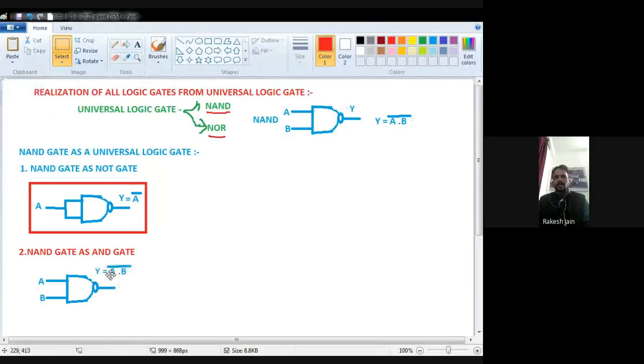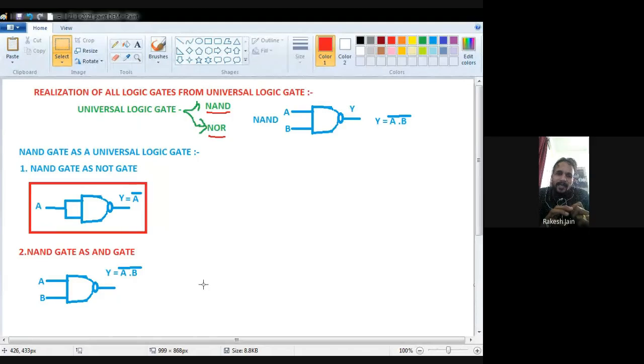Okay. Now what is the difference between a NAND gate and an AND gate? We know that the AND gate is the opposite of the NAND gate. In the NAND gate a bubble is present, but in the AND gate the bubble is not present, otherwise the symbol is the same. The equation of the NAND gate is Y is equal to A dot B having a bar, and the AND gate is Y is equal to A dot B without a bar. So how can we remove that bar? If we connect a NOT gate at the output of the NAND gate, because NOT gate means the output is the opposite of the input.